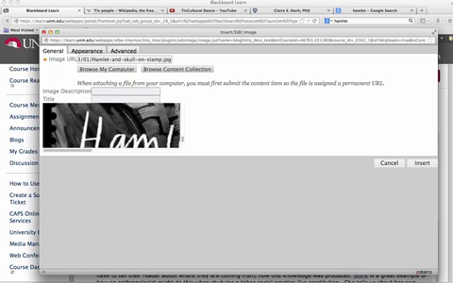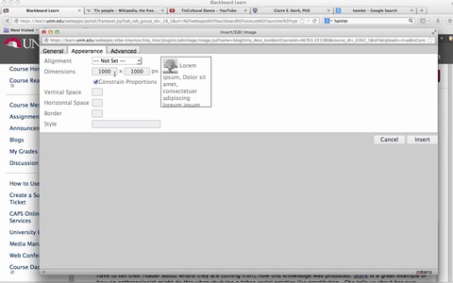So there's the description of the Hamlet stamp. Okay, so it's a little big, so I can go here to appearance, and I can constrain properties. 500 is too big, so I'm going to make it 300 by 300. Because they're constrained, it'll remain the same size. And for alignment, I think I want to align it to the right, so that it appears on the right side